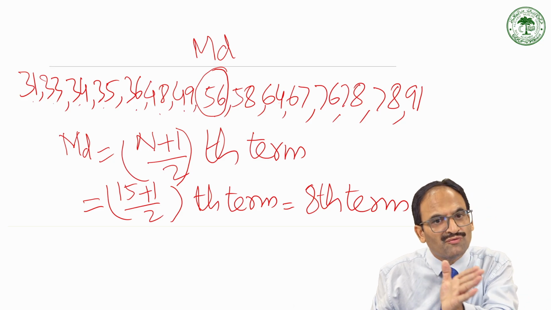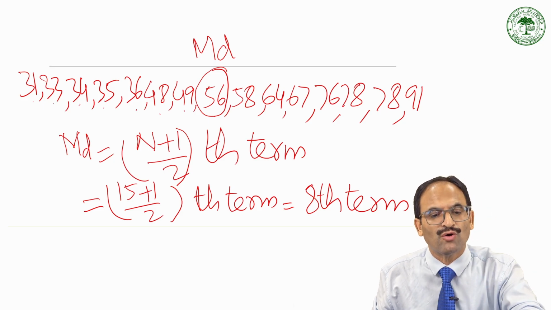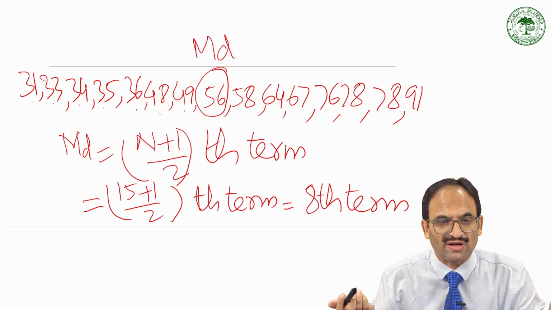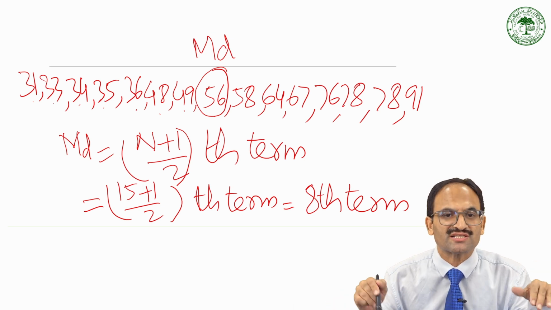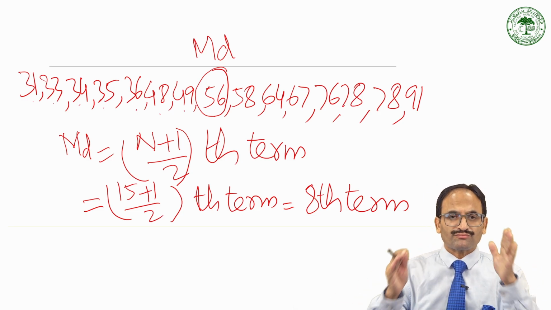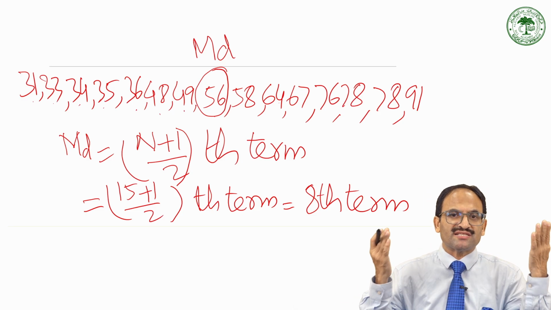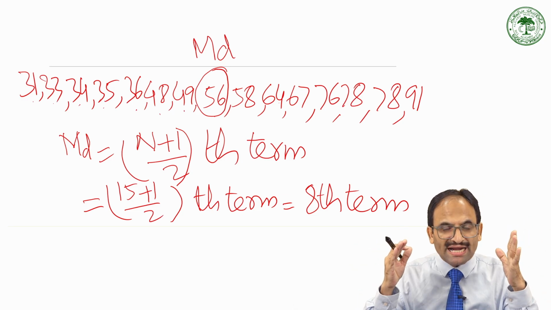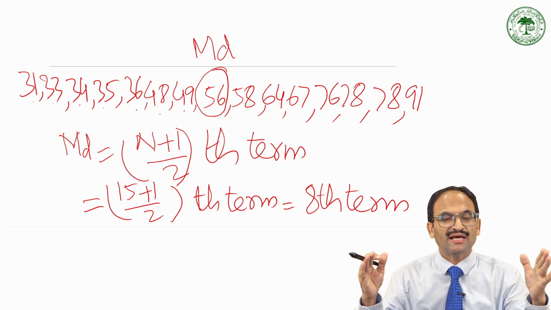And if you will move towards the left hand side, you will find 1, 2, 3, 4, 5, 6, 7. So these are the lower values. So by that way, 56 is the median of this data. Dear learners, when the situation is this, that we have an odd number of items in the given data set, relatively